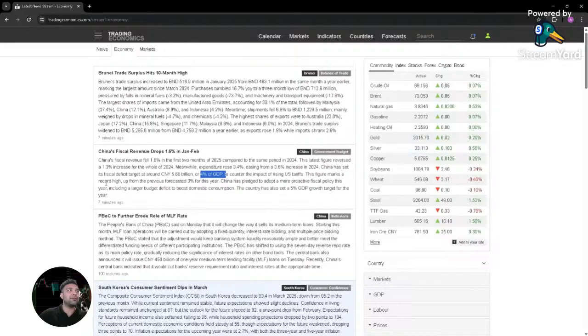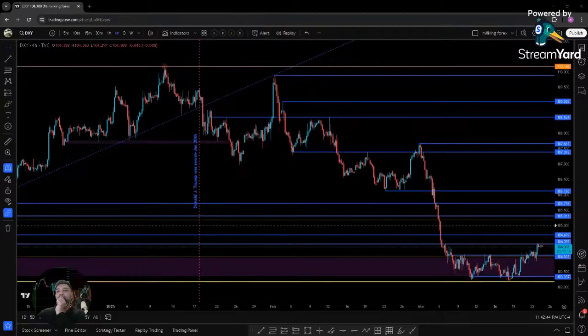The figure marks a record high from the previously forecasted 3% for this year. China has pledged to adopt a more proactive fiscal policy this year, including a larger budget deficit to boost domestic consumption. The country has also set a 5% GDP growth target for the year. So it seems like things are happening in a really amazing way. Anyway,